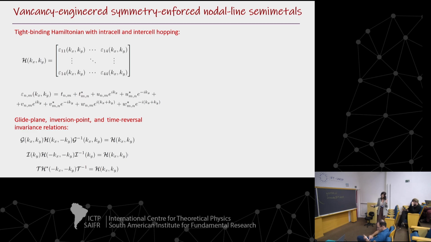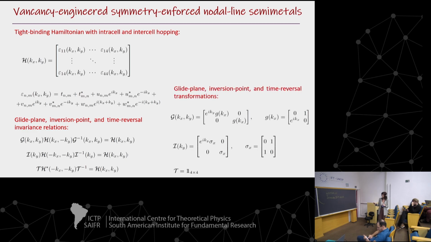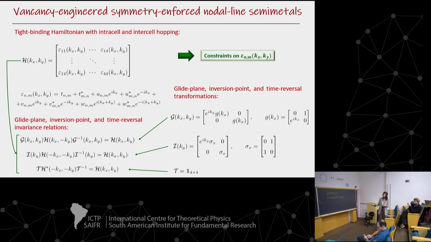And in that case of the toy model, we also have time reversal symmetry, which in this case writes down like this. And you just plug everything in, because you can write the respective matrices for each one of these transformations. You plug everything in to these three invariance relations, and you